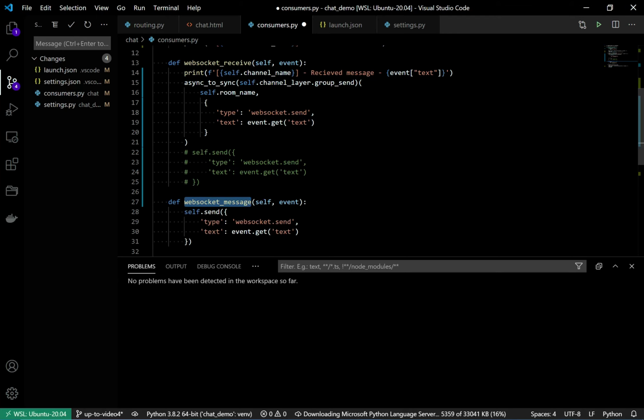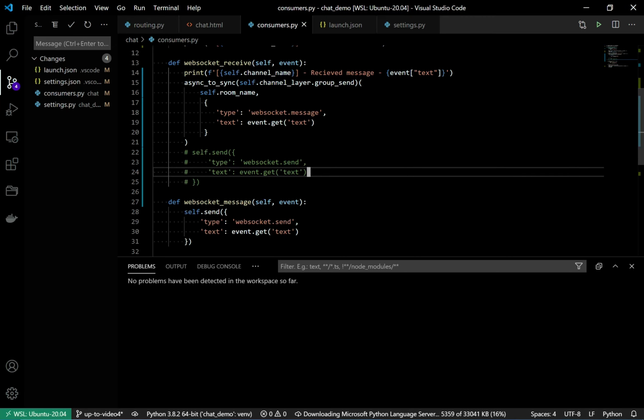So websocket.send is not an event which you want to execute for one group, but it needs to be executed for one channel. First, this group send function will raise this event for each and every channel, and this websocket.send is not what we want, but instead message. In this Django Channels package, whichever event type you mention with the dot separator is going to be replaced by an underscore, and that is going to be the method for that particular event.